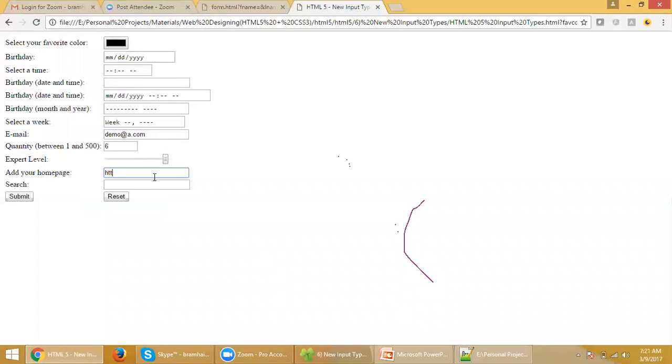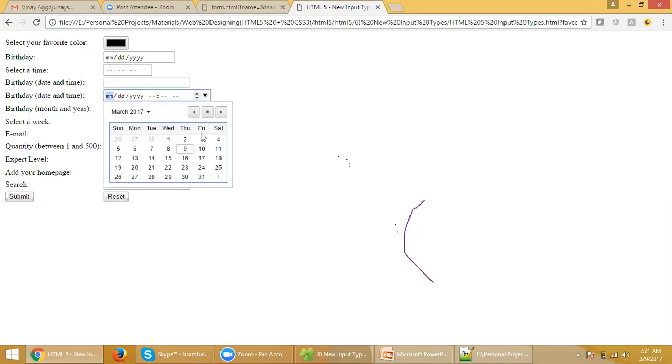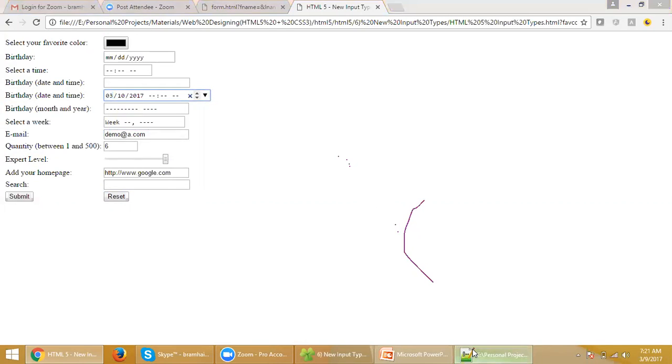The URL format should be http://www. Search will provide this extra feature. That's it. These are other text fields, but they provide some extra features with the text field based on these